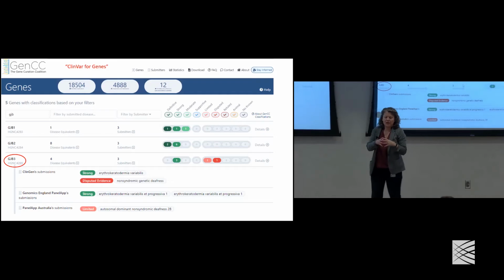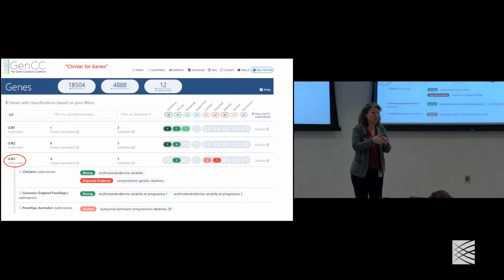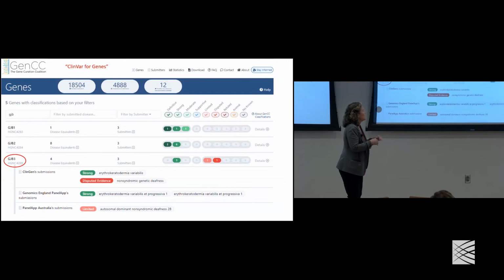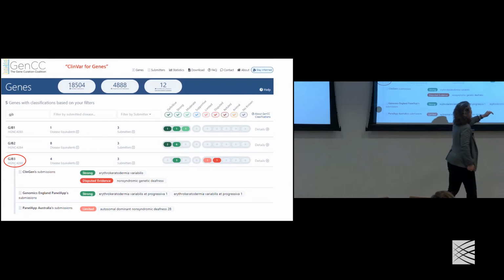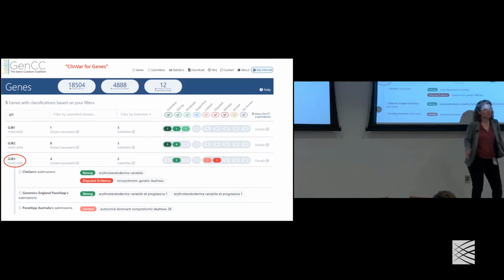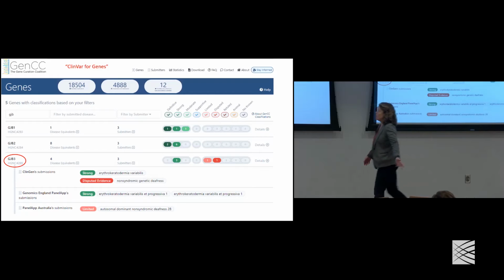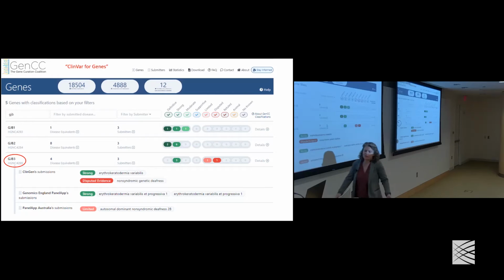And we use that for two databases that really don't delineate the evidence. One is OMIM and one is Orphanet, and they just have a binary. It's in the database or it's not, but it doesn't really correspond to all these delineated categories. We just shove them in supportive for those two databases. But at least you can see what's there.